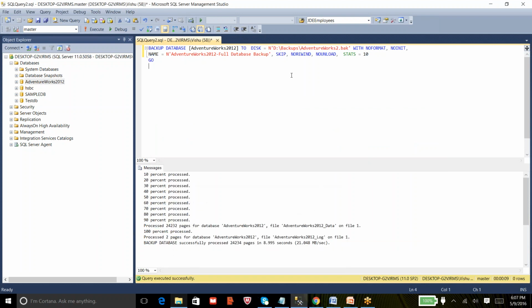If you look at the syntax over here, you can skip all these options. They're not required. This should be more than enough to take a full backup. BACKUP DATABASE, the database name, and to where you are backing up, it is DISK. So specify TO DISK followed by the path. You can use this simple syntax to back up your database. However, you have an option to take backups using the GUI, but it is always good practice to know and understand the queries as well.